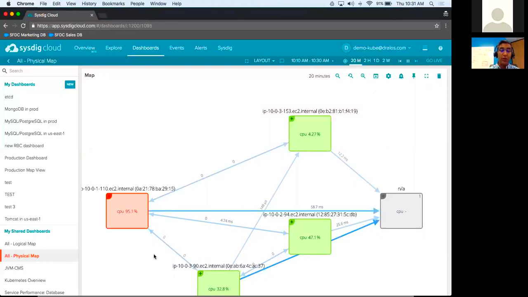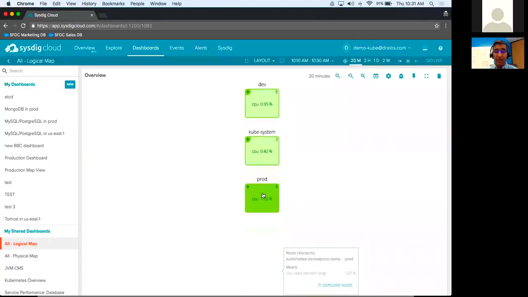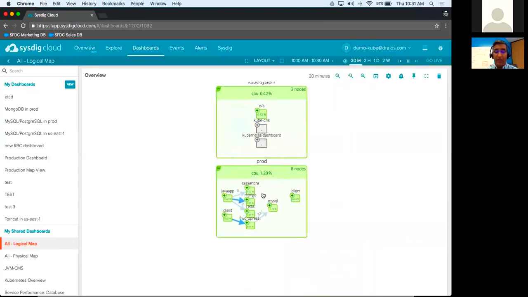As I mentioned, this was a Kubernetes environment, which means we can then use Kubernetes data to, in fact, create a logical view of our system. Now, I'm not really concerned about where the hosts are and what containers are running on those hosts. I care about the services that we're running. So here you see we've got multiple namespaces, prod and dev. Let's go focus in on prod and zoom in here.